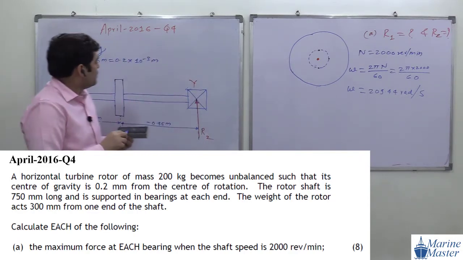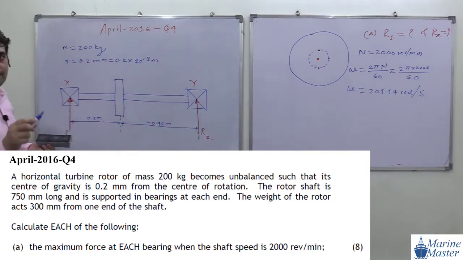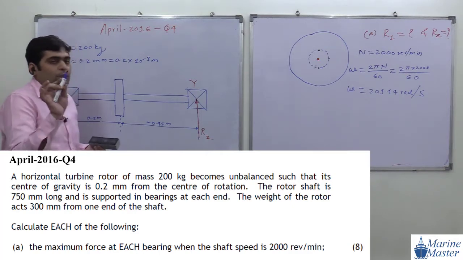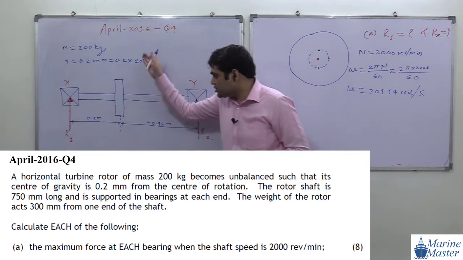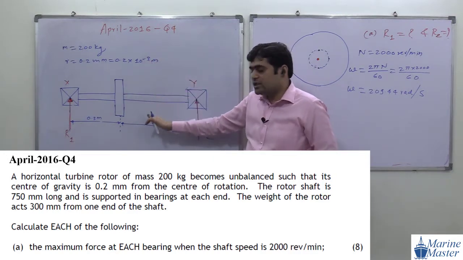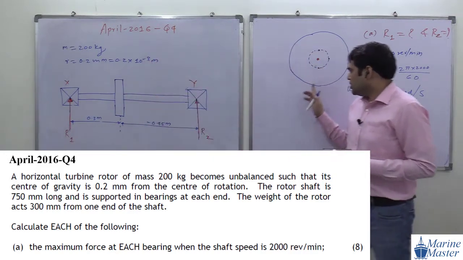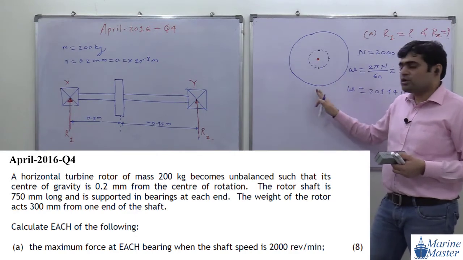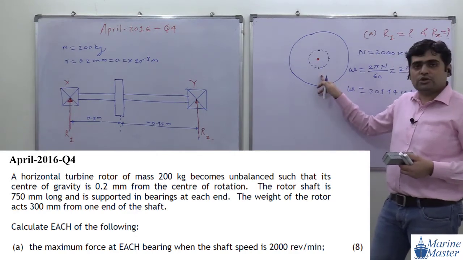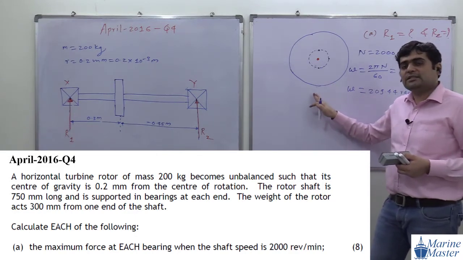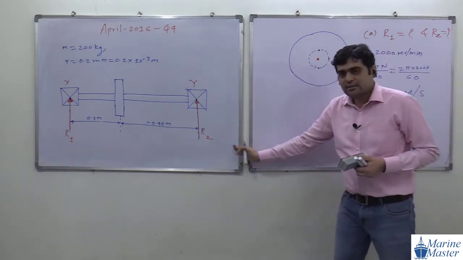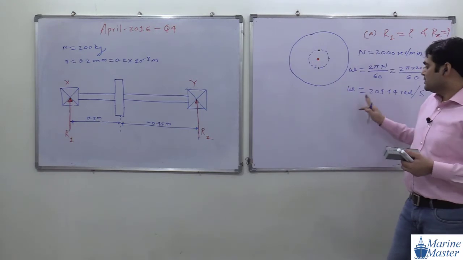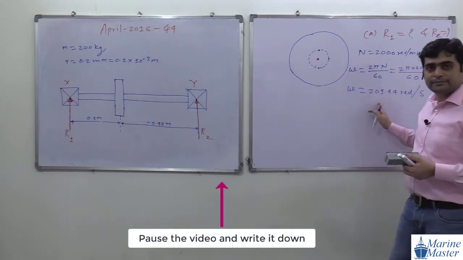Now what do you have to do? I will discuss what we have to do in part A. Before that, draw this drawing first of all. Write down these things. Don't draw this other drawing yet, I will explain what it is. After explaining, then write it down. First of all, these things, please, everyone.